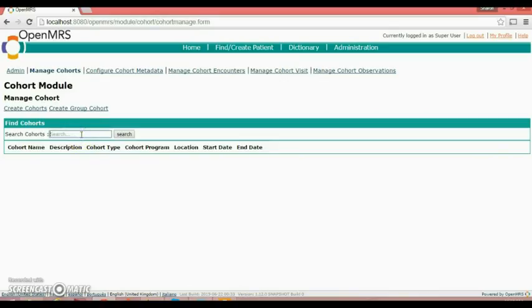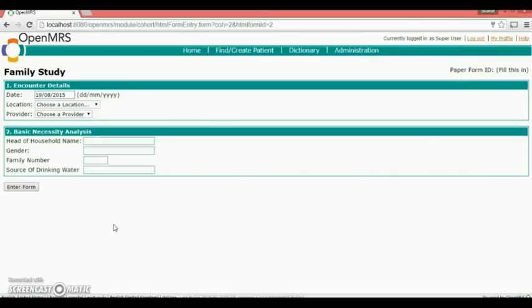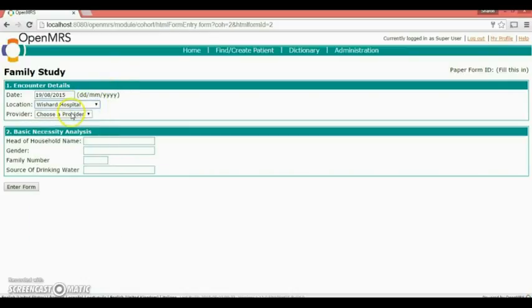Let's add an encounter for the group cohort. Similar to simple cohorts, HTML form can be created using HTML form entry module for group cohorts. Now let's add the location, the provider, the head of the household name, gender, the family number can be given as 12, source of drinking water can be garment supply.